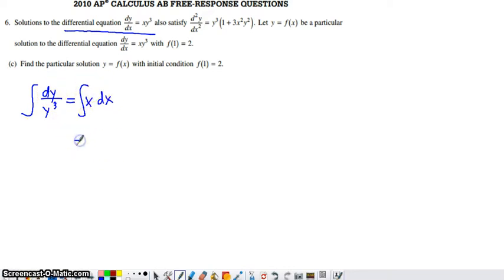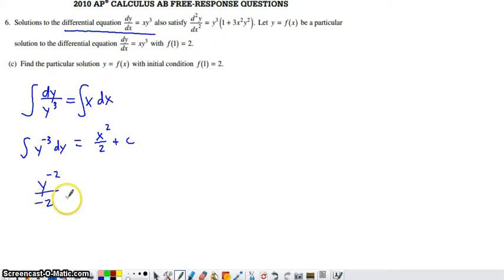The antiderivative on the right side is pretty simple. We're going to add 1 to the exponent, and we're going to divide by the new one. I'm going to put a plus c on that side. On this other side, I can move this y across the fraction bar and into the numerator as long as I change the sign on its exponent. And now if I take the antiderivative of this by adding 1 to the exponent, dividing by the new exponent,